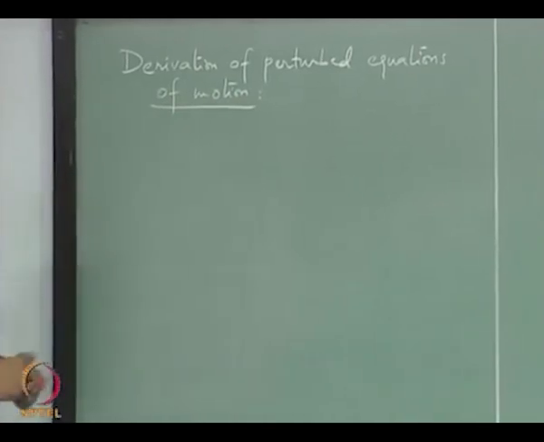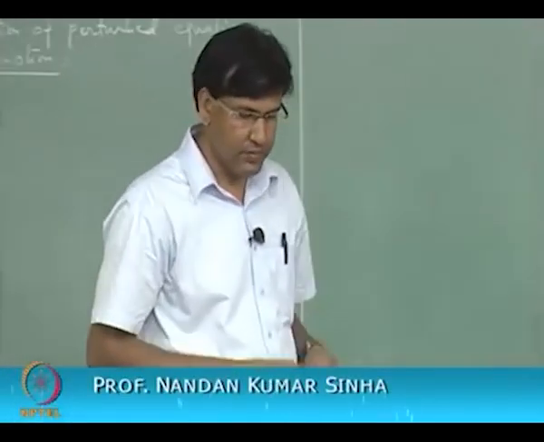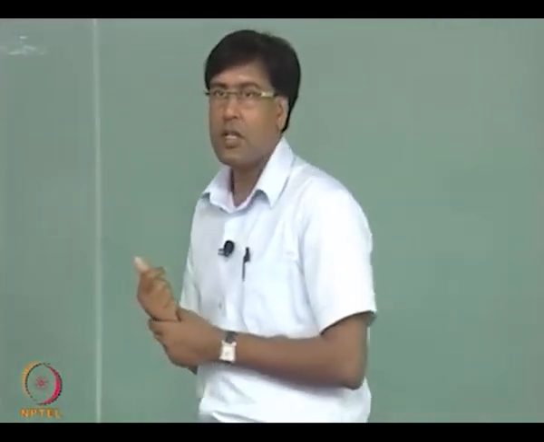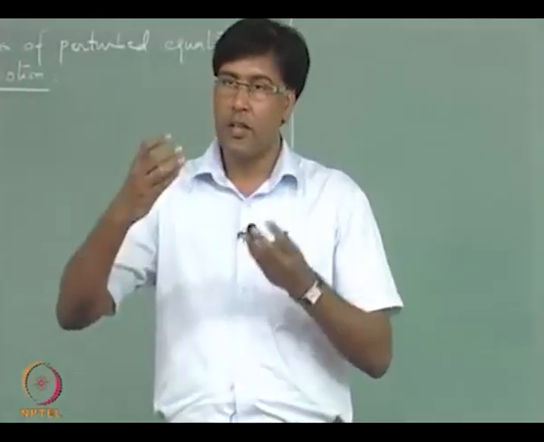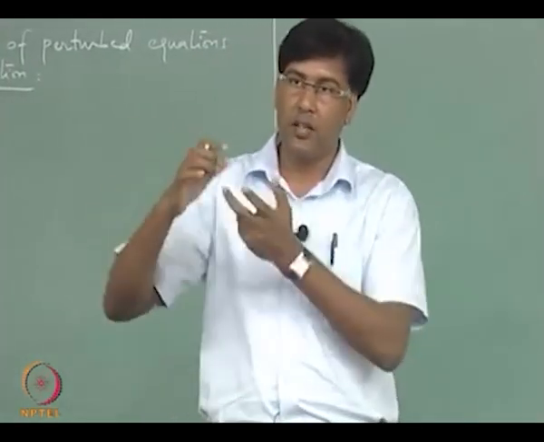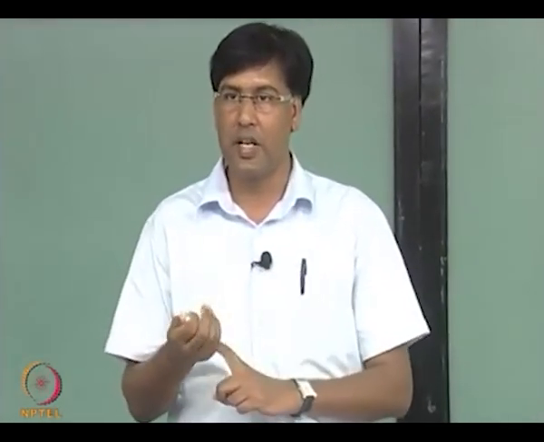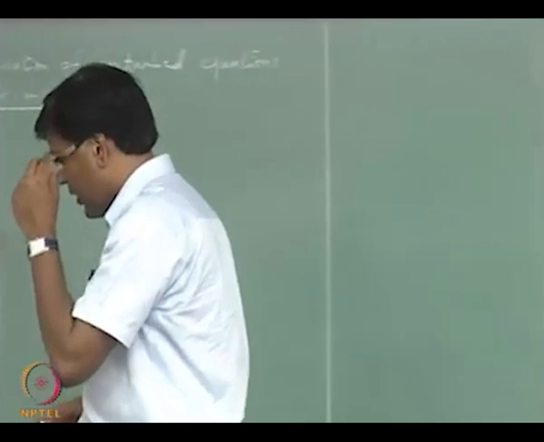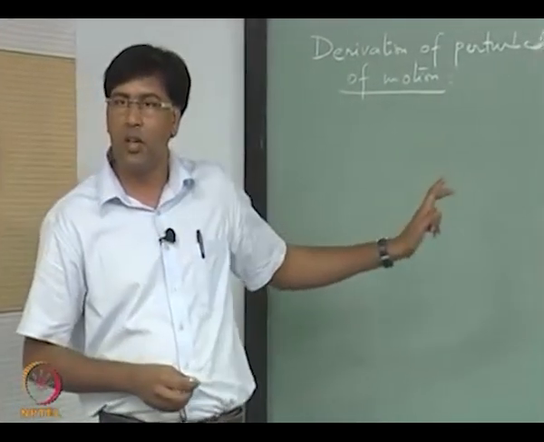Derivation of perturbed equations of motion. If you remember, we said to look at the dynamic stability of aircraft in any particular equilibrium condition. What we need to do is linearize the equations of motion, and then study the dynamics of the perturbed variables, and see if the perturbed variables are decaying in time or not. If they all decay in time, then we will say that the aircraft is stable in that particular equilibrium condition. So, first of all, you need to define one equilibrium